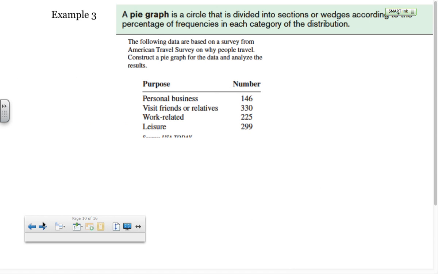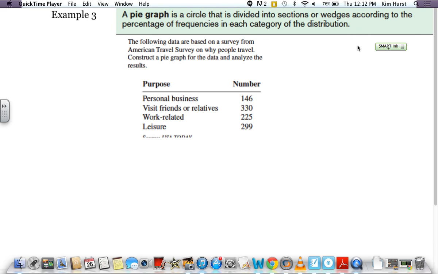Okay, example 3, a pie graph. Now, this is the kind of graph I'm going to tell you right now I'm not going to do a fantastic job on, because I don't have a perfect little circle, and I'm not very good at drawing. So I'm going to do my best with this, but I'm going to tell you right now it's not going to be perfect. So when we do a pie chart, one of the most important things we need to do is make sure we have things in